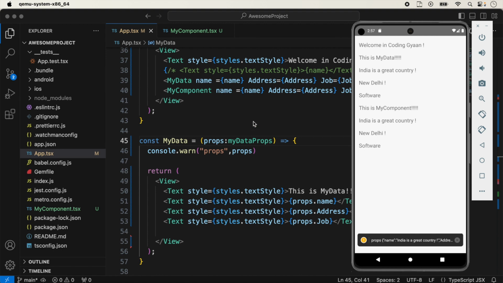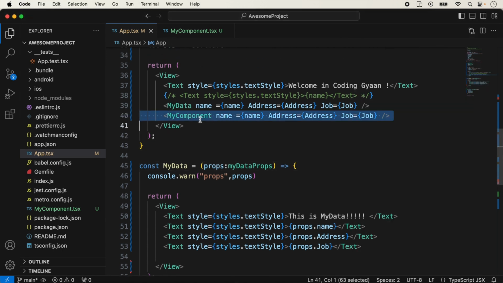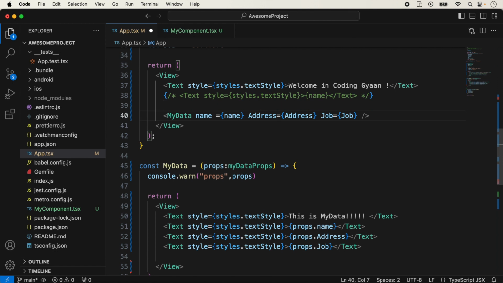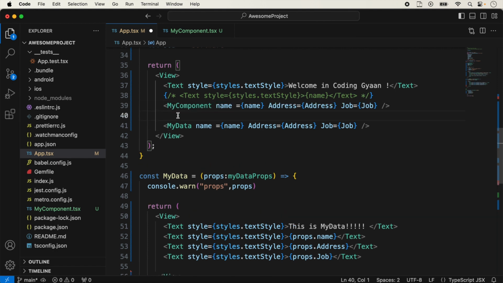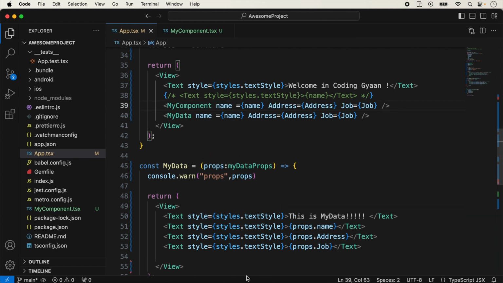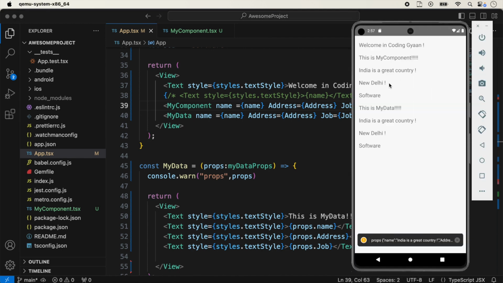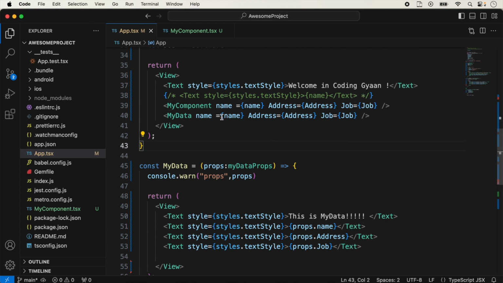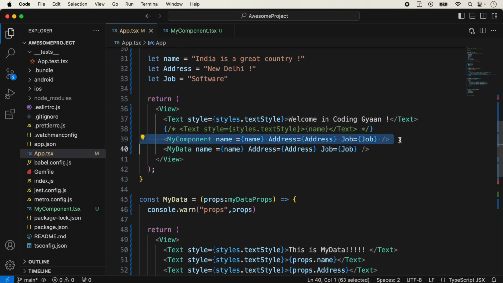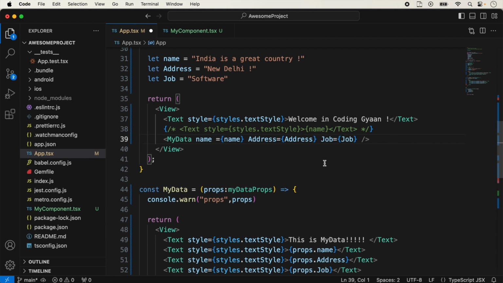We have already discussed in the previous lecture on components that the order does not matter here. We can use this component before that component, at the top of the component, anywhere you can use it. So like this, we just save it. So now my component will be displayed before my data component, and we can also use this component inside another component. Suppose you want to pass this value in my data component, so you can copy